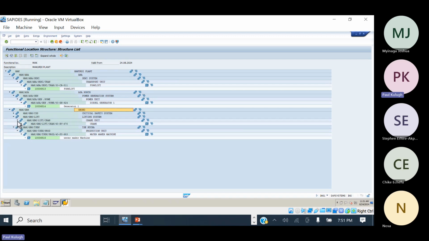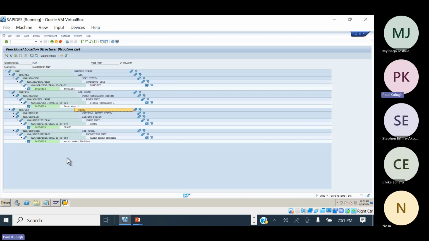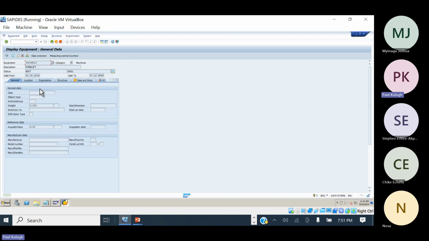Crane, yeah. We also have a crane installed. So you can see, our structure now has equipment attached to some functional locations. Now, if you double click on this equipment number, the master data will open